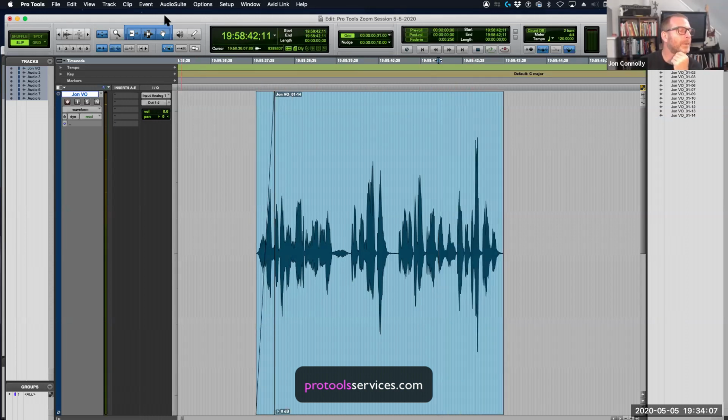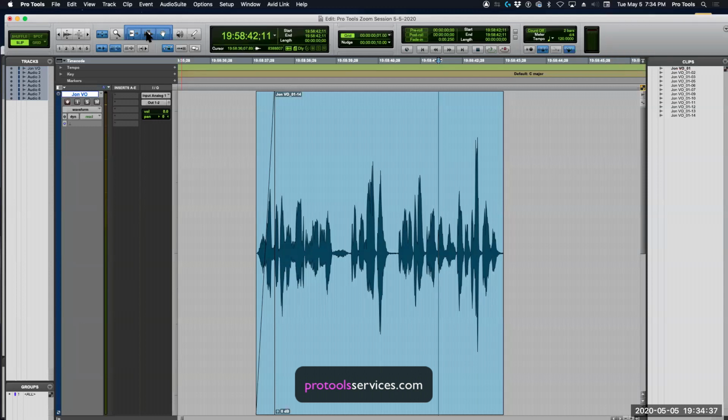So at the top of the edit window in the upper left corner where all the tools are, you can select an individual tool, or you can enable Smart Tool by clicking on this little bar that covers these middle three tools, or you can hit F7 and F8 on your keyboard simultaneously. That will do it. Smart Tool. Okay. Got it?